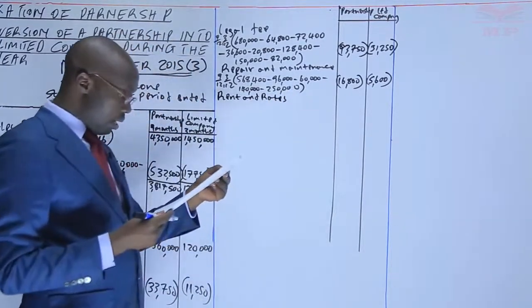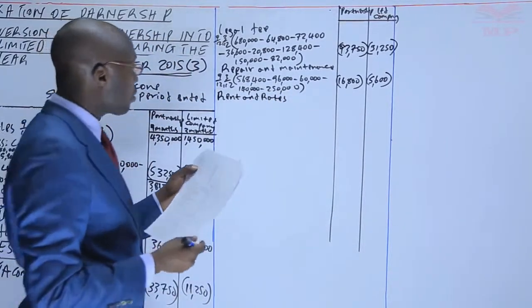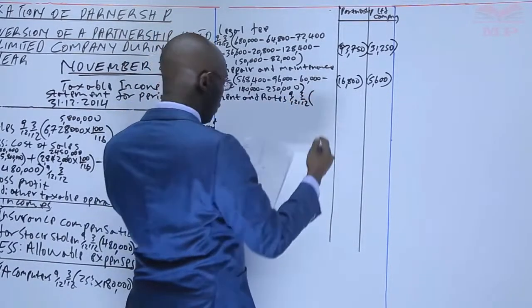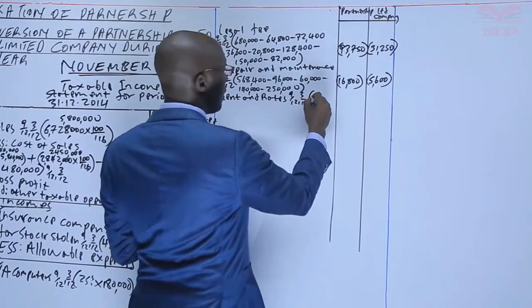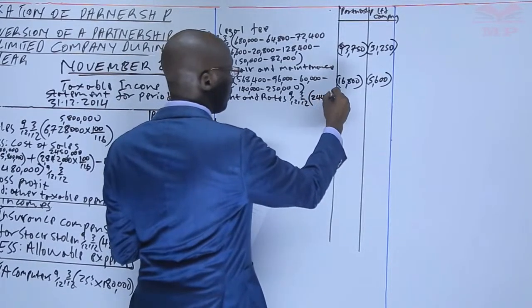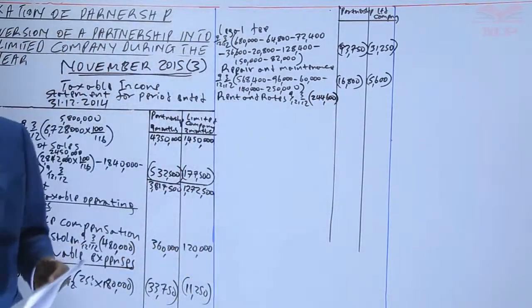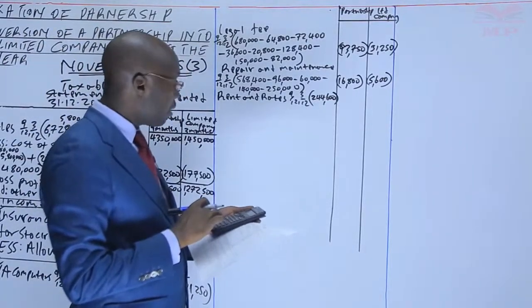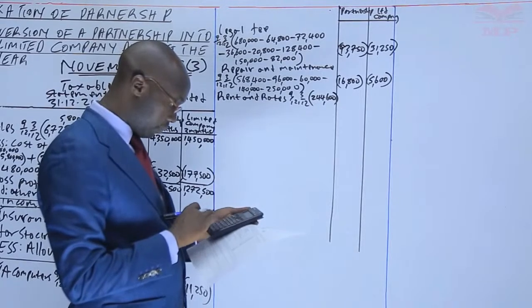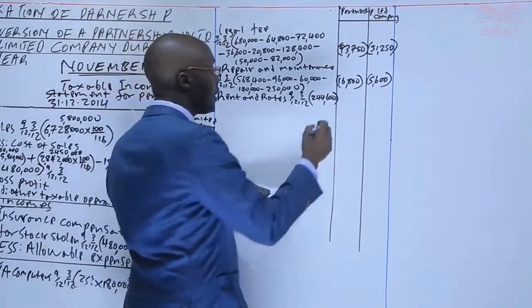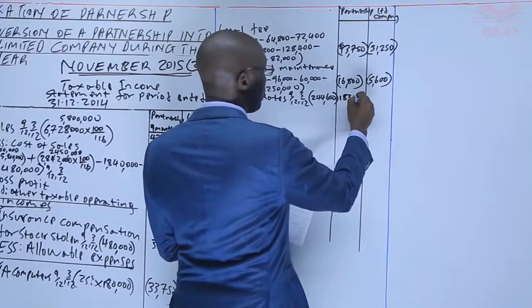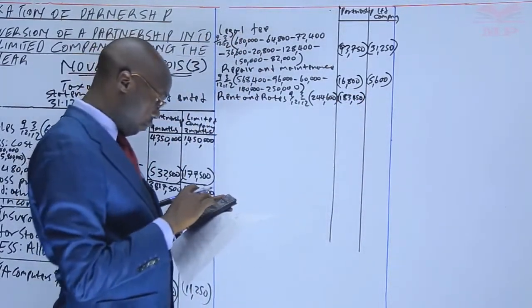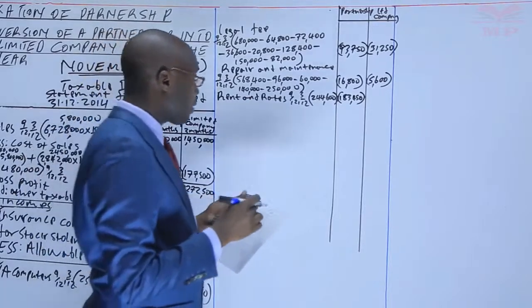And this one does not have additional information. So it's all about apportioning. 9 over 12, 3 over 12 of 244,600. So 9 divided by 12 times 244,600, which we have 183,450. The other one would be 3 over 12, 61,150.